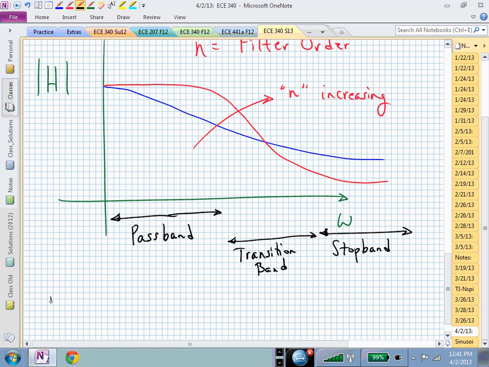Some of the characteristics that occur as a result of increasing the filter order. One is, if you're dealing with a Butterworth,